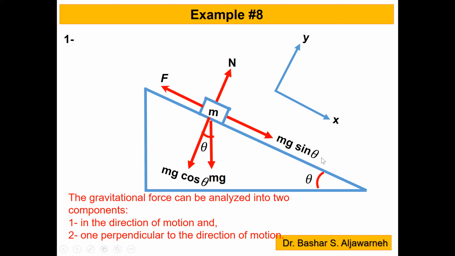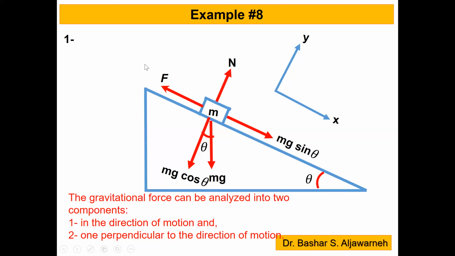You will end up with 12 Newton. So you can determine in which way your object can go, either upward or downward. Since the force is greater than the x component of the weight,